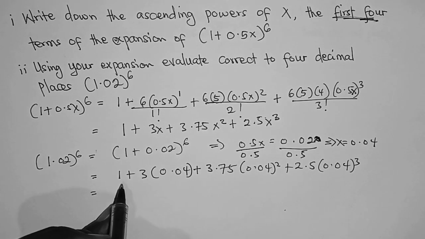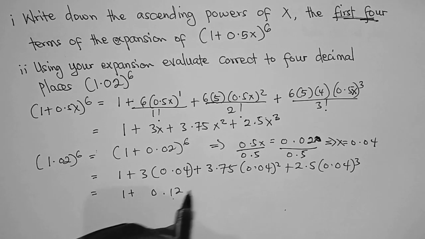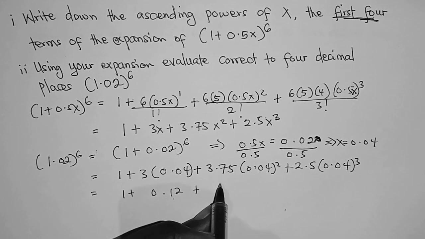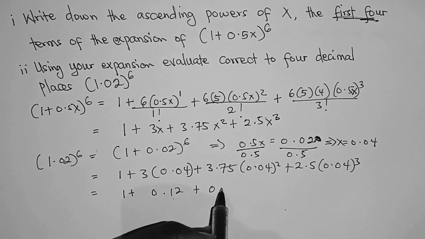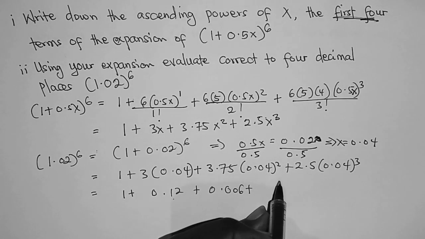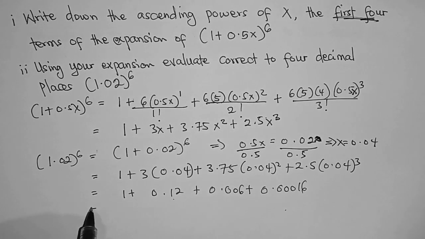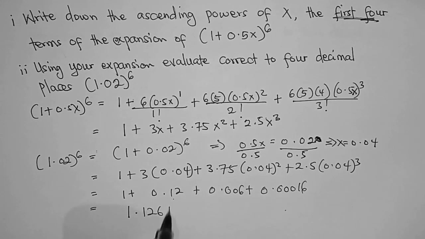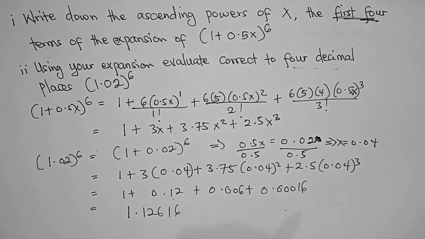So this is equal to 1 plus 3 times 0.04 is 0.12, plus 3.75 times 0.04 squared equals 0.006, plus 2.5 times 0.04 cubed equals 0.00016. So if we add all, we are going to get 1.12616. But the question says we should write it correct to 4 decimal places. So this is approximately